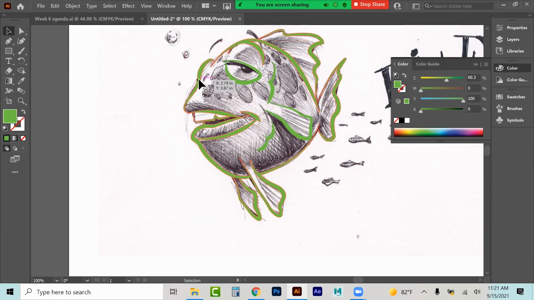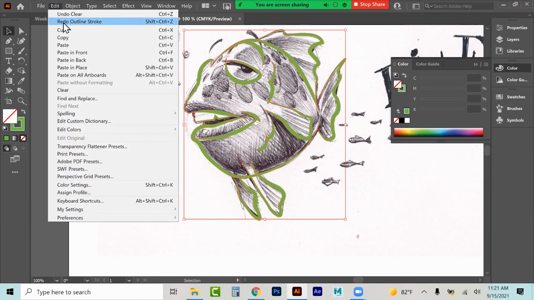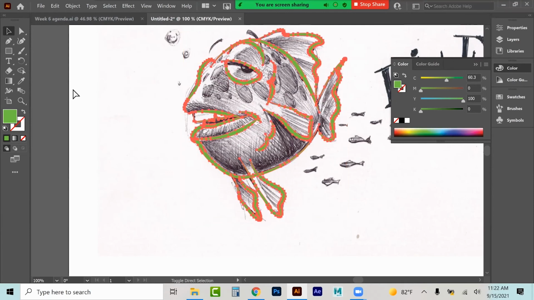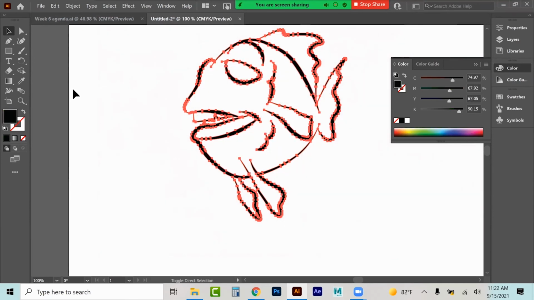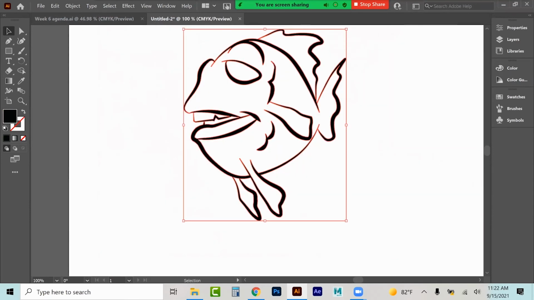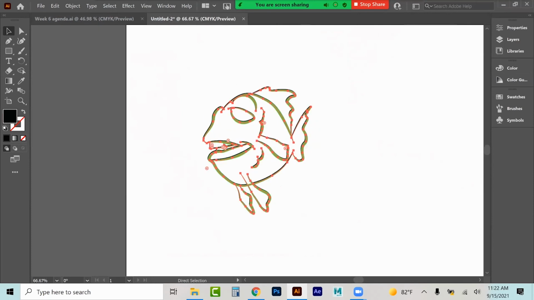Run out of undos already. Oh, that's right. Copy, and then let's go to Shift Control Z. Get it back to where I cleaned it up and turned it black. There we go. So I copied it so I had it in the clipboard because I wanted to paste it